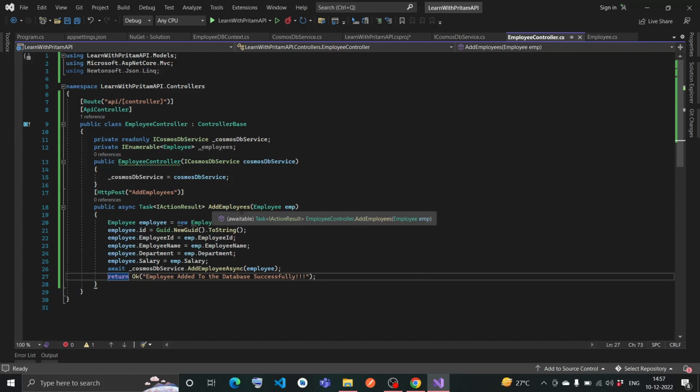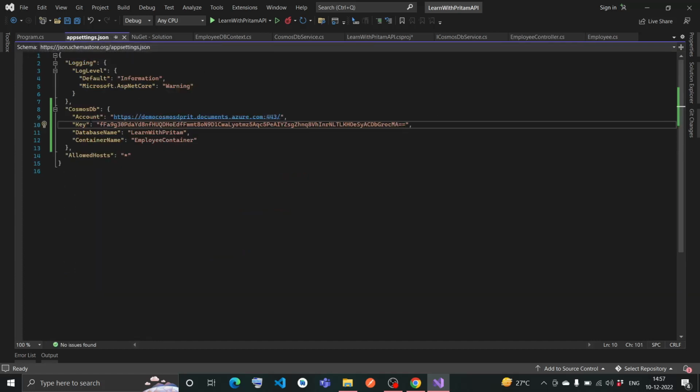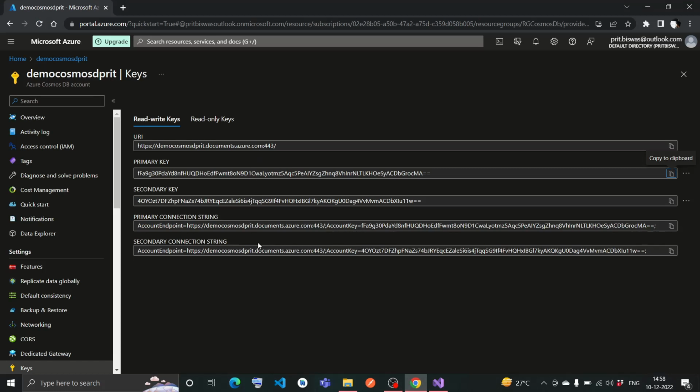So yeah, it will add that particular employee to the database, and for the database purpose I have created one account, that is Cosmos DB, and this is the account, key, database name, and container. So my account is already created, the Cosmos DB account. So these are the keys of this particular account. The name is demo Cosmos DB Preet, and